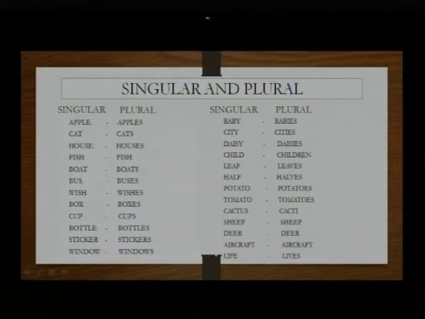Apple, apples, cat, cats, house, houses, fish, fish, boat, boats, bus, buses, wish, wishes, box, boxes, cup, cups, bottle, bottles, sticker, stickers, window, windows, baby, babies,